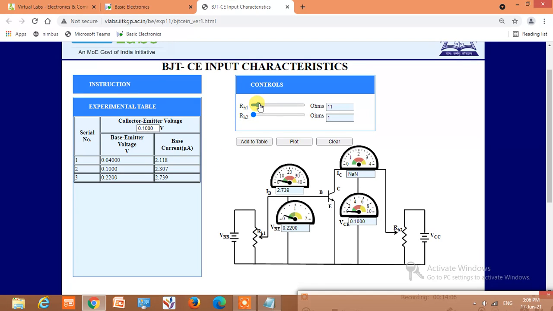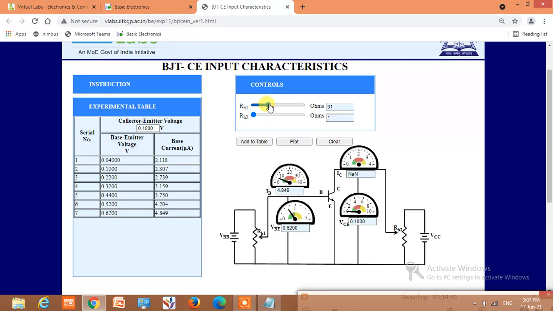Again I will increase, 0.3, add to table. So keep on increasing till the ohms is 100, till the scale is full. 0.4, add to table, 0.5, add to table, 0.6, add to table.